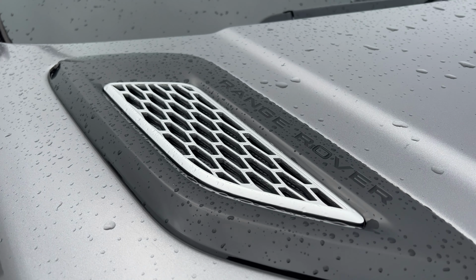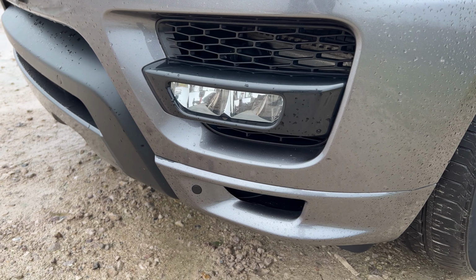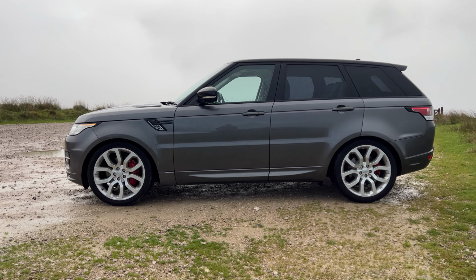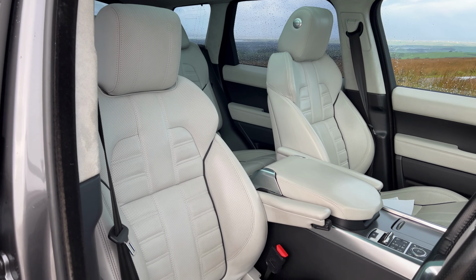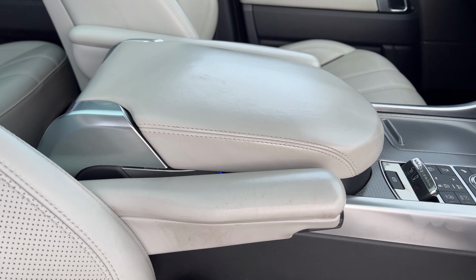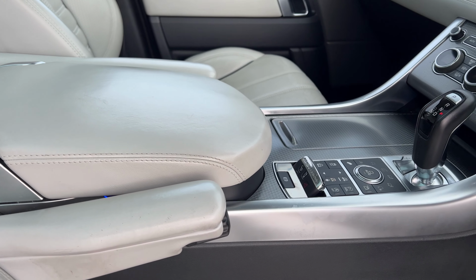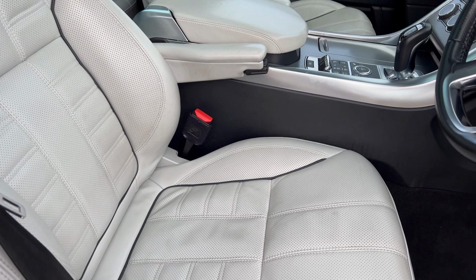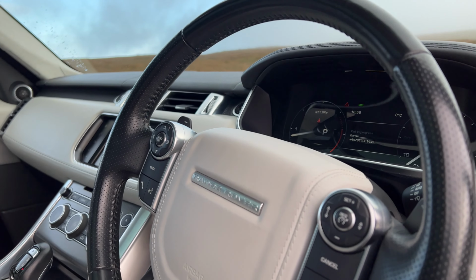Fuel economy, urban 35.8 miles per gallon, extra urban 44.1 miles per gallon, and combined is 40.4 miles per gallon. Now, personally, I think those are a little bit unrealistic, but it's still a lot better than the old Range Rover. And I probably average about 30 miles per gallon just going to work and back. 0 to 60, 6.8 seconds, a top speed of 130 miles per hour out of a 302 brake horsepower, 6-cylinder